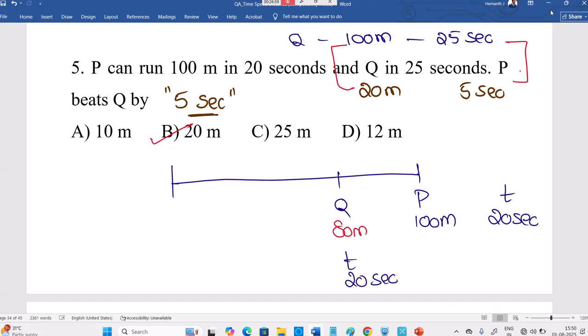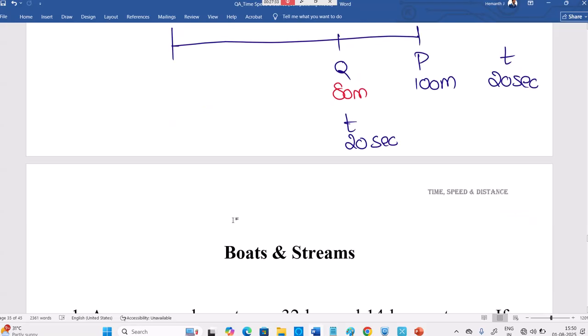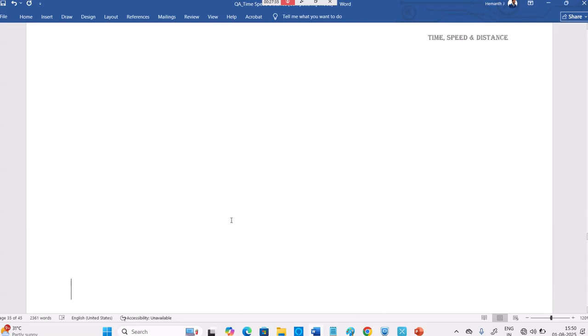Still, I know this is an advanced concept. Very few students are understanding this question. Very few, I am very clear. This is a single line, but a lot of meaning is there. If the question is in terms of seconds, blindly I can say both travel the same distance, and the one with less time will beat. How much less is what it beats by, in seconds. Both travel 100 meters, and P is taking less time than Q, then you can claim it, right? Or else, no, I'll give you certain situations. You let me know what statement is to be drawn from that.